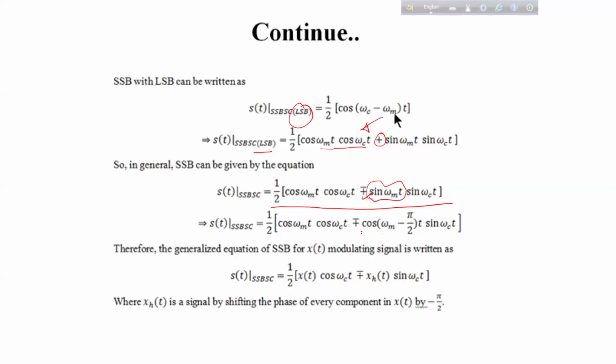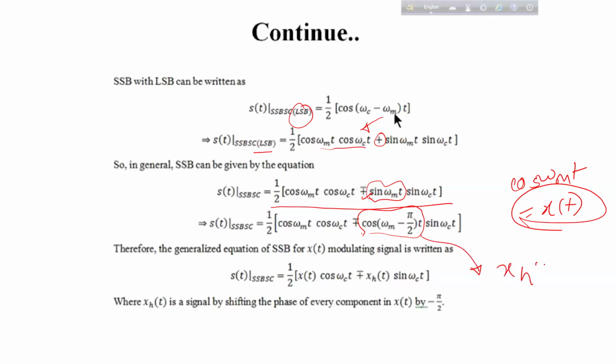So what is cos of omega m t minus pi by 2? cos omega mt is our message signal. Now cos of omega mt minus pi by 2 means we are shifting xt by pi by 2. We can term this shifted version of xt as xht. So instead of cos omega m minus pi by 2, we write xht. So half into xt cos omega ct plus minus x